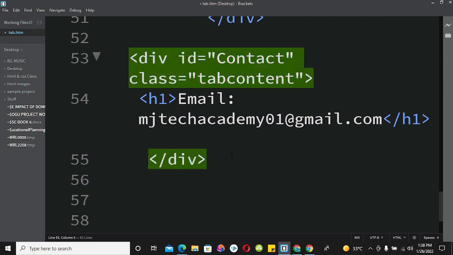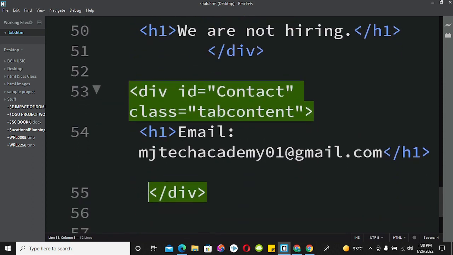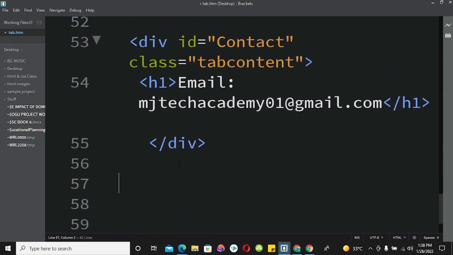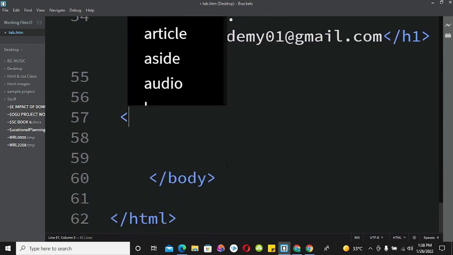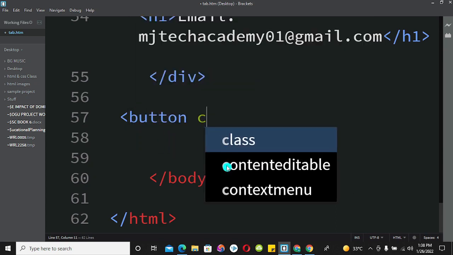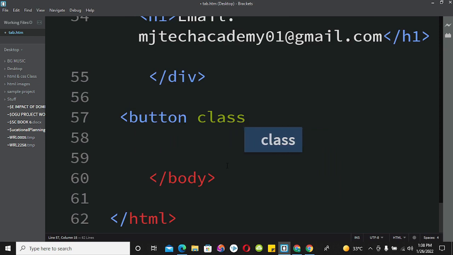So next we are going to bring in the buttons proper. So these are going to be the contacts. Once we click on the button, it brings up these in the tab for us to see. Okay, to bring it up for us to see. So I'm going to now start declaring the buttons. I will say button, the class defined above, which we call tab link. Let's say tab link,